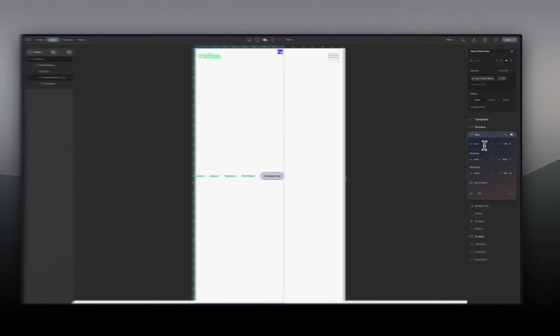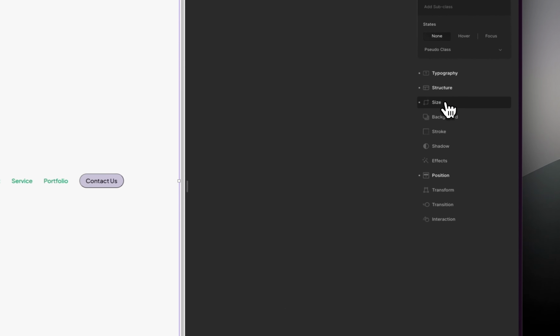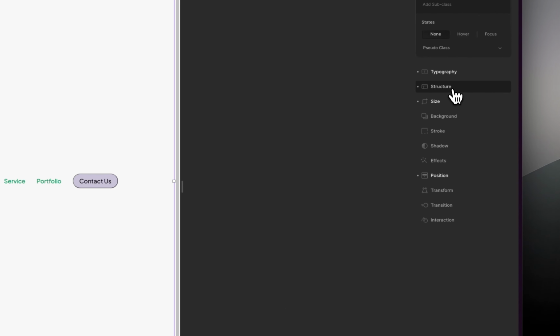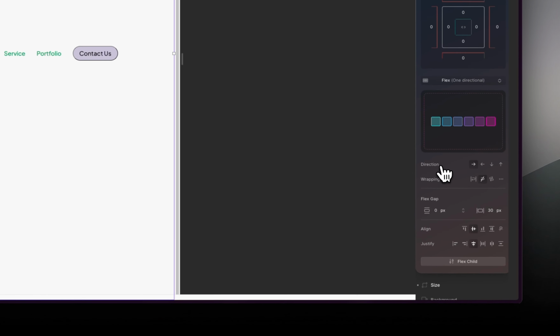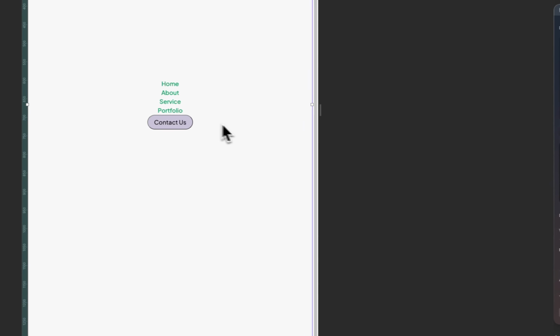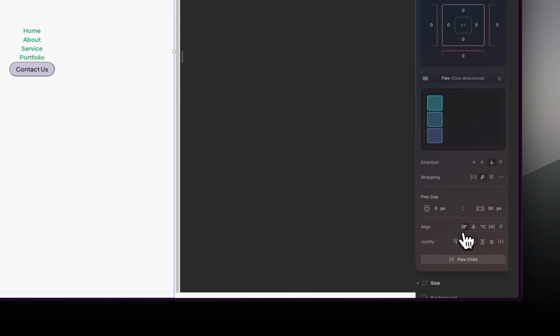So now we do have this, but we don't want this way. You can, if there's the menu that you want to build, that is fine, but we want it to come down instead of be that straight. All right, so with this, we're going to go into structure, and then this being the row, we want to turn it into a column. You can leave it in the middle, but we are not going to do that. We're going to push this one to the left hand side, and then we are going to push it to the top.